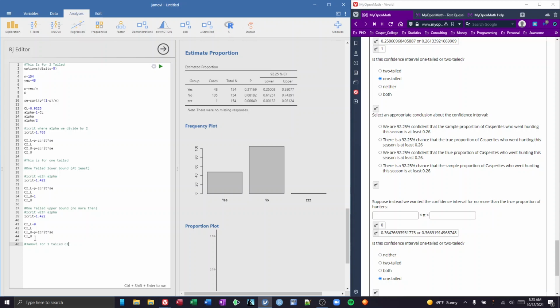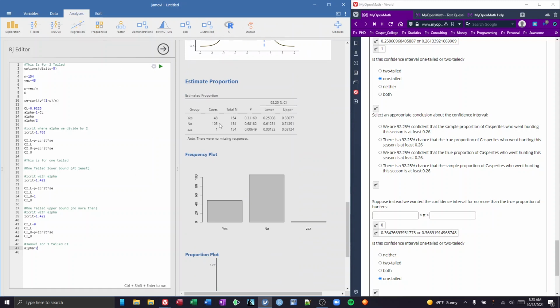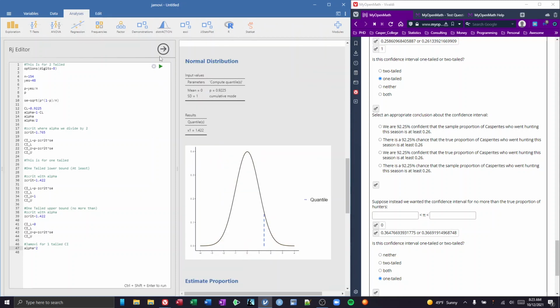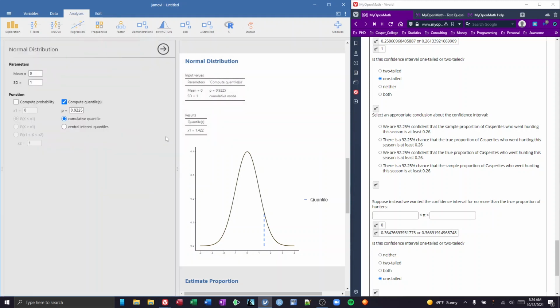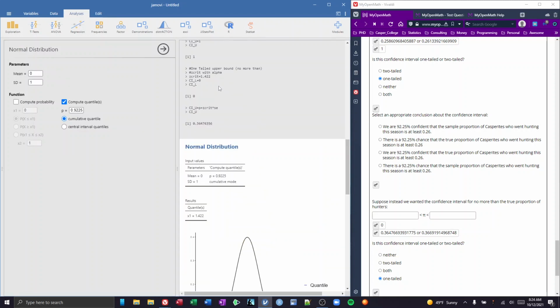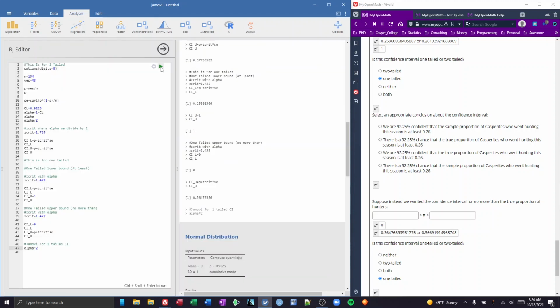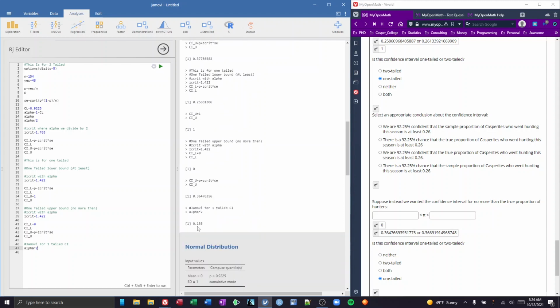confidence intervals. What we need to do is we need to actually double alpha. We need to take alpha times 2. And that's the alpha that we're going to use in our estimated proportion. Let me show you. So let's go ahead and run that, this 2 times alpha. Let's run that. There you go. So now we've got alpha times 2 is